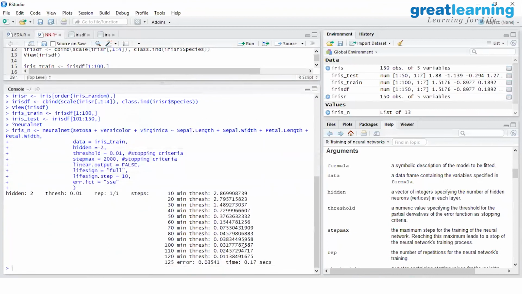So I ran this command. See, there are two hidden neurons. That was what I had specified. With each iteration, I told that I can do a maximum of 2000 steps, but my algorithm stopped with 125 steps. So when there were 10 steps, when 10 iterations had occurred, my error was 2.869. After 20, it reduced to 2.795. After 30, it reduced to 1.487. And finally, after 125 iterations, my error reduced to